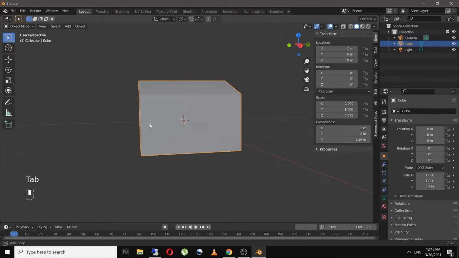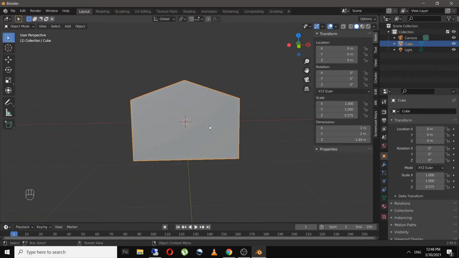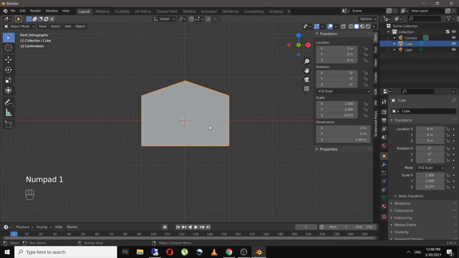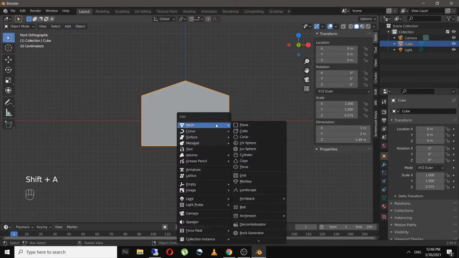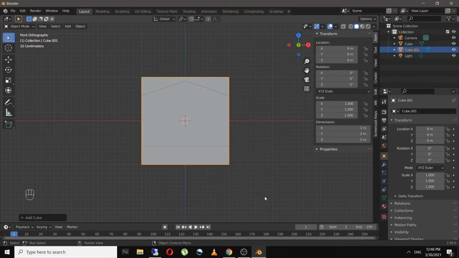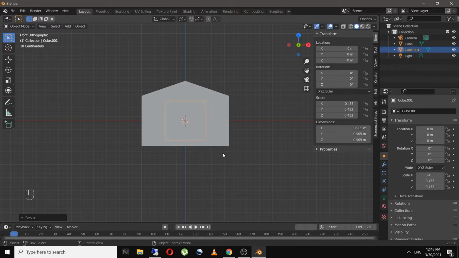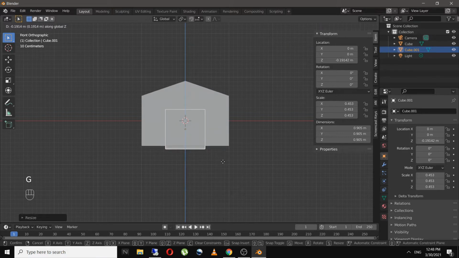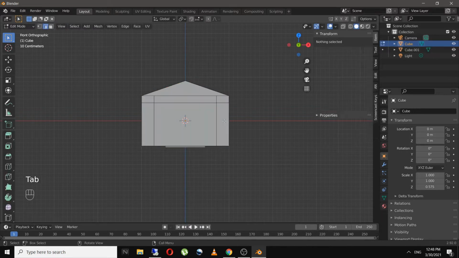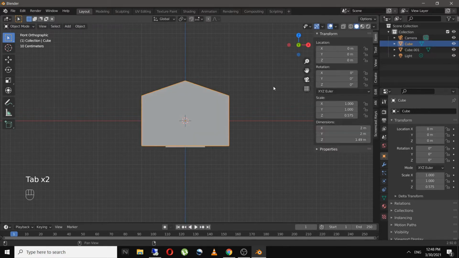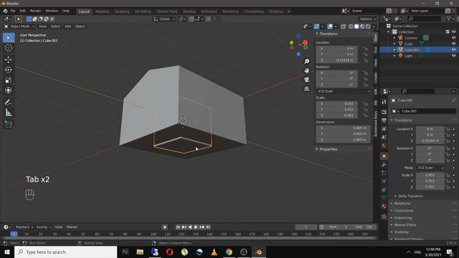So as you can see, we have a hut kind of shape. This will act as an entrance for our station. So I will add in another cube. Now you can see both the cubes are getting dissolved. So there is a way to avoid this. So let me take this out over here.